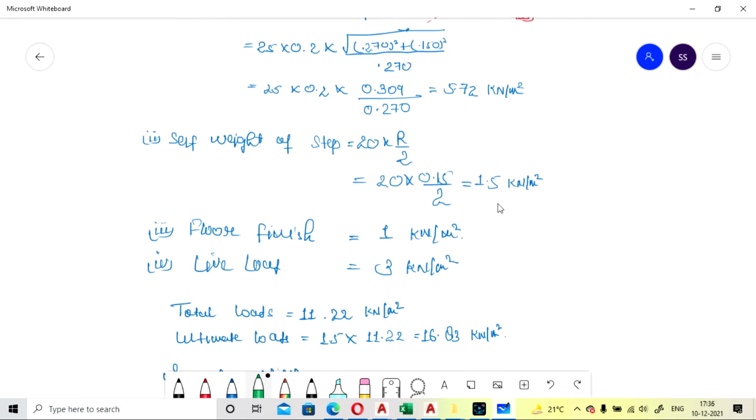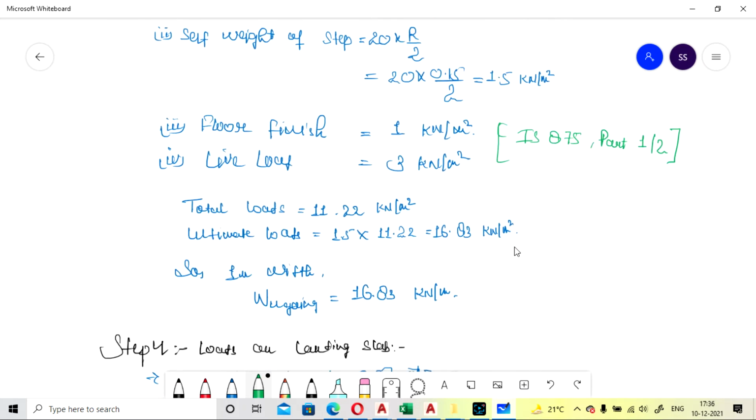And floor finish we are going to consider by IS code 875 part 1. You can go and check part 1 and 2 for the consideration of floor finish load and live load. IS code 875 part 1 and 2, for live load and dead load.